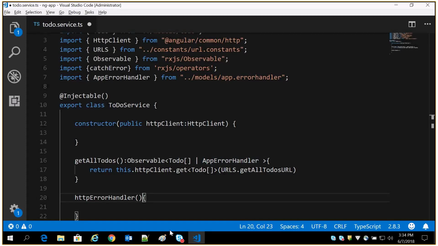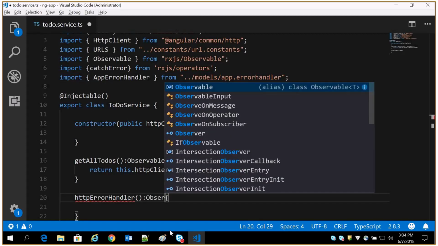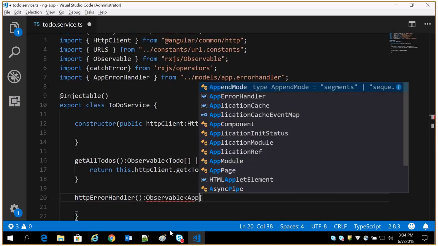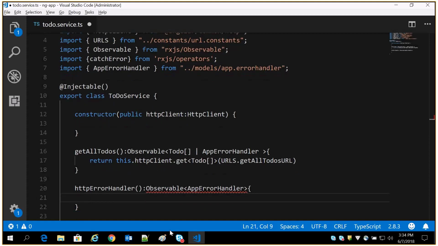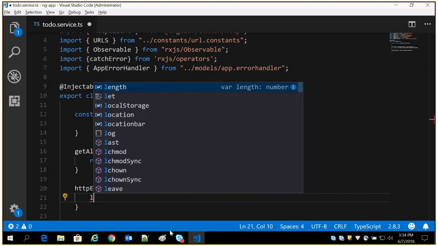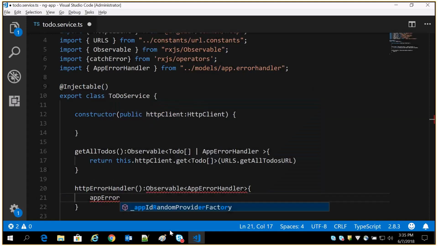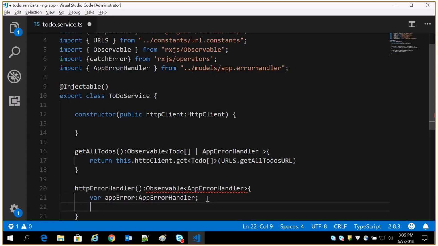So to do that, I'm just saying it is an observable of app error handler. Let app error, if you want to create it as a class, you can create it. Since it's an interface, we can directly use it, like let app error be of app error handler type, or let it be var app error handler type.